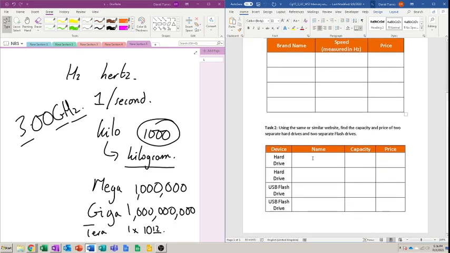What I'd also like you to do is look at different kinds of storage devices. So here I've got the hard drive, and I would like you to find 2 different kinds of hard drive and 2 different kinds of USB flash devices. I would like you to get their names, find out how much memory each of them have, and write their corresponding price and do some comparisons. Because